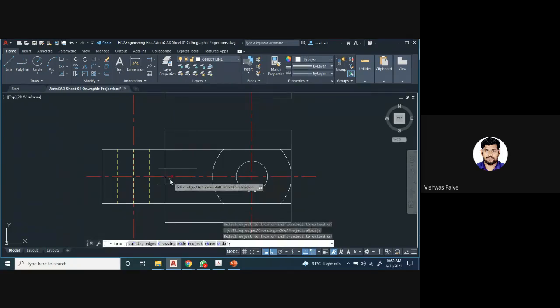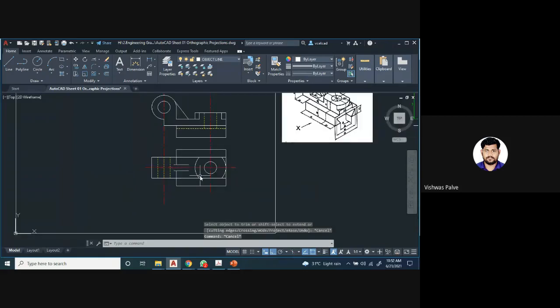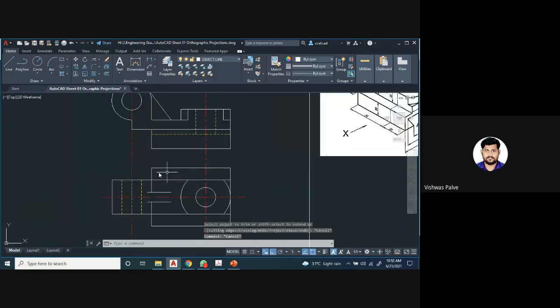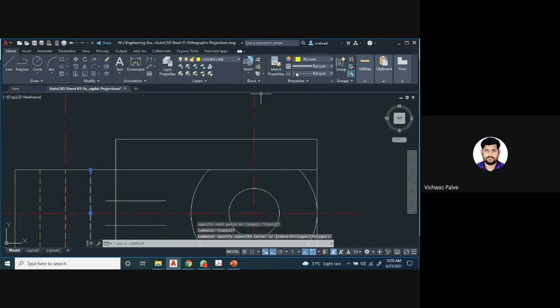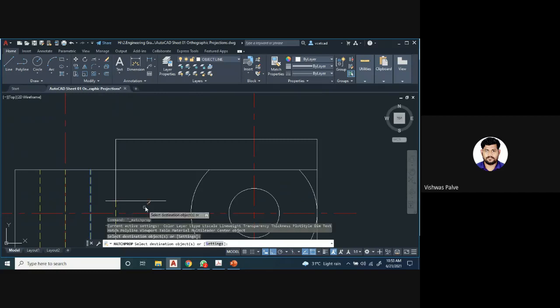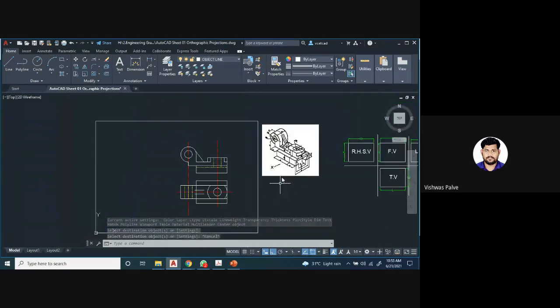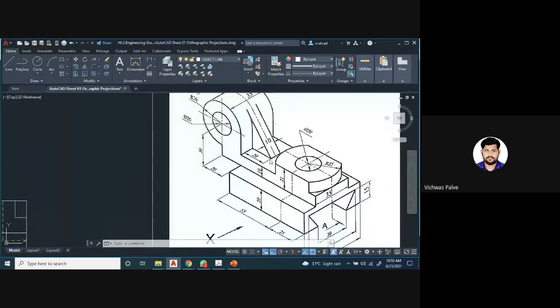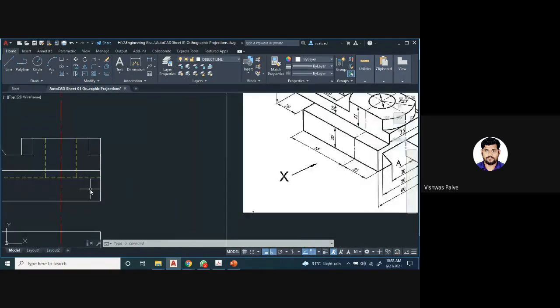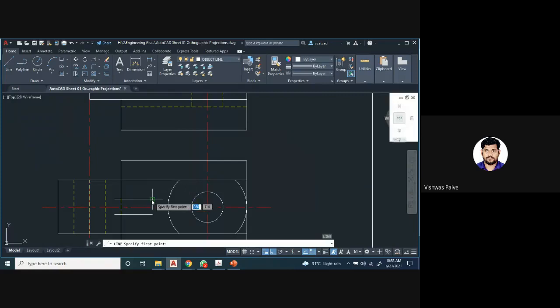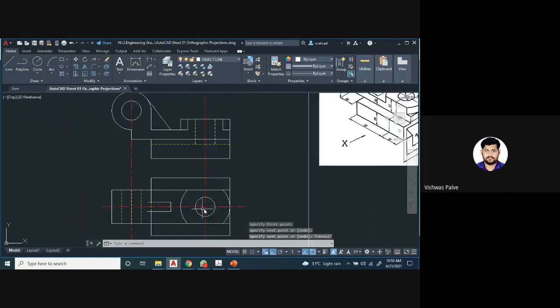TR double enter. This line, we are not going to show as a dark line because this won't be visible. And at the bottom there will be a hidden line. So this portion you have to show as hidden. Select this line, match property. Here we have completed it. You check, yes, this is a closed one. Again, you have to draw a line here to make it closed.